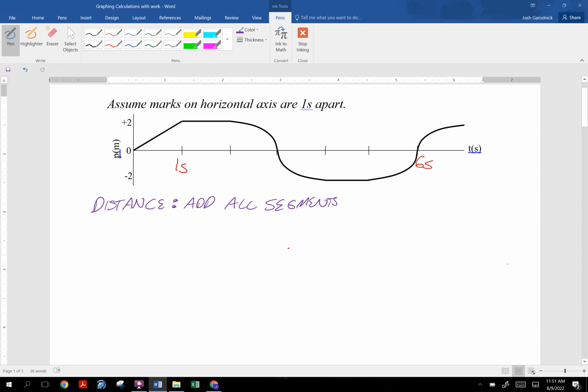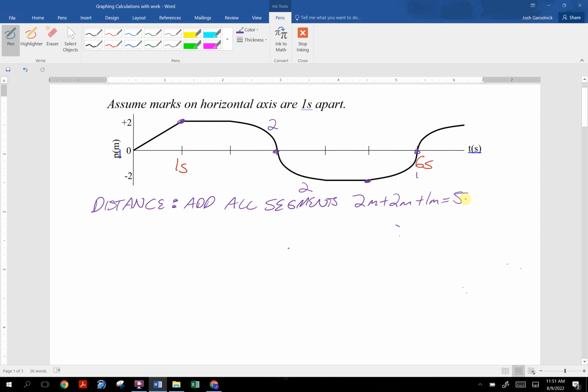So at 1 second, we're at +2. And then at 3 seconds, we go down to 0. So we've traveled 2 meters down. Then at 5 seconds over here, we've traveled another 2 meters down. And then at 6 seconds, we've gone another 1 meter back up. Okay, or in the positive direction, I should say. So we've traveled a total distance of 5 meters. That's it. I mean, it's literally, I went 2 meters plus 2 meters plus 1 meter is a total of